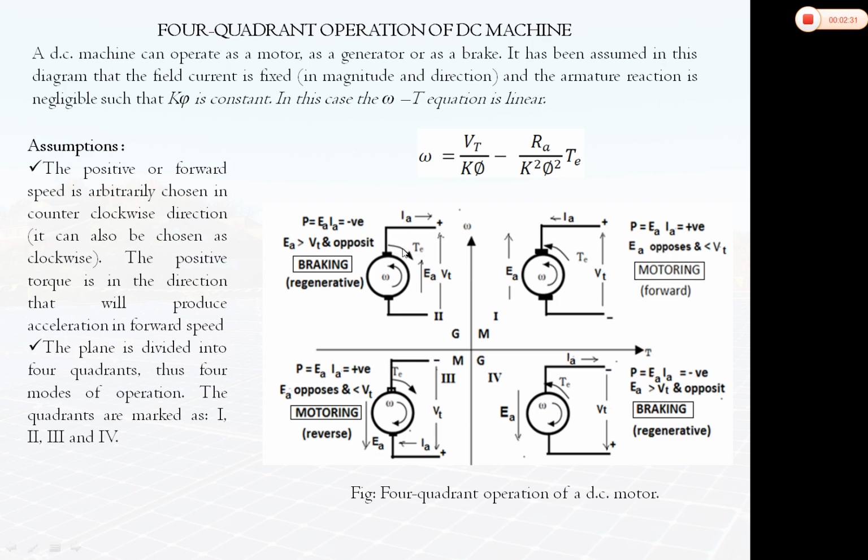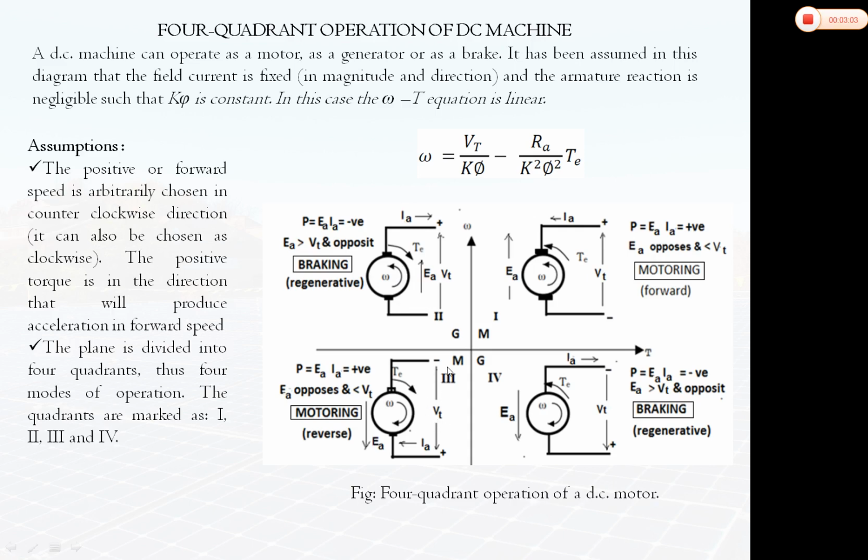That means the motor torque is in the clockwise direction, that is negative, and speed is still in the anti-clockwise direction. Whenever speed and torque are in opposite directions, the speed will get reduced. So there will be a braking operation. Reduction of speed is nothing but braking operation. We call this regenerative braking because whatever power or energy is generated is fed back to the source. It is not wasted.